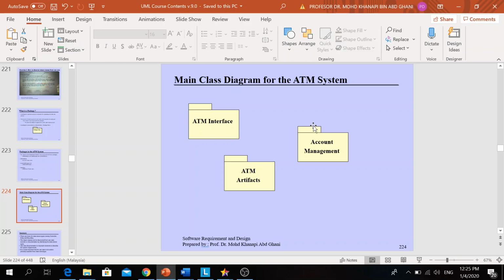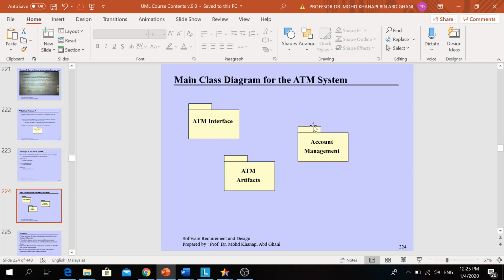In the database we have a lot of tables. A table represents a type of record, for example a type of record for a banking system, or a type of record for a student information system. So we group them into one package.